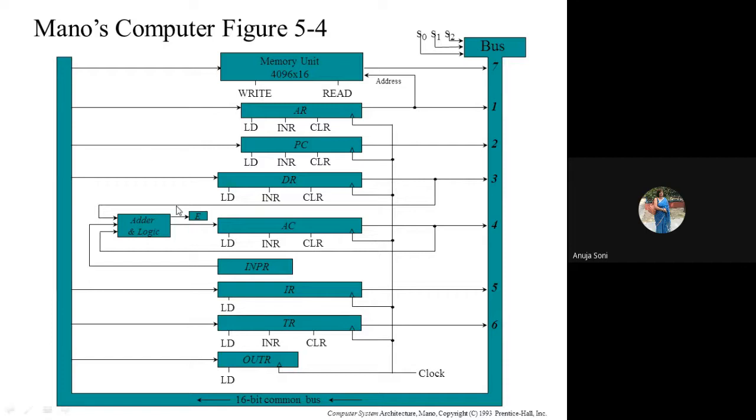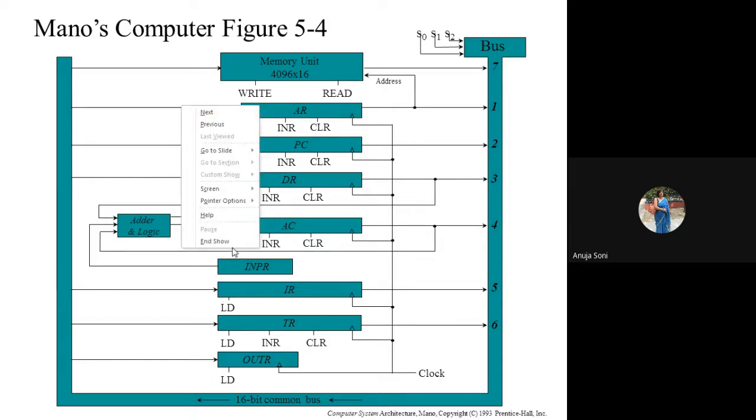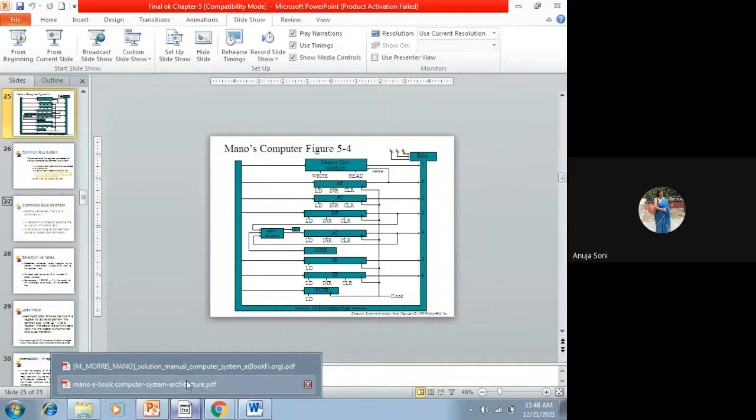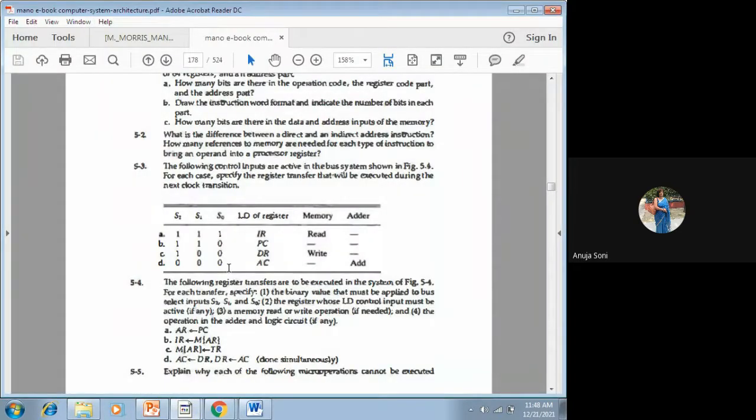In case any carry bit is there, the carry will go to the 1-bit register E, and the final resultant value after the addition or subtraction, whichever operation is given, will go to the destination register, the accumulator register. As I talk about all of this, you have to write down the register transfer statement corresponding to the question number. This is part D, question number 3.